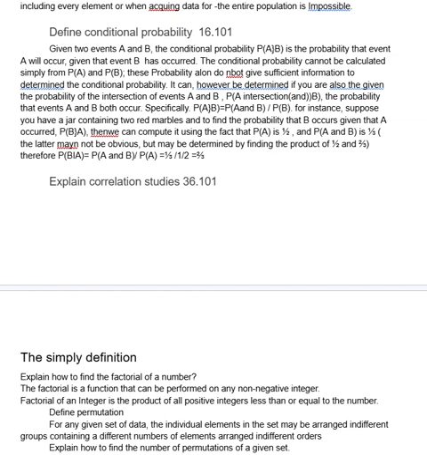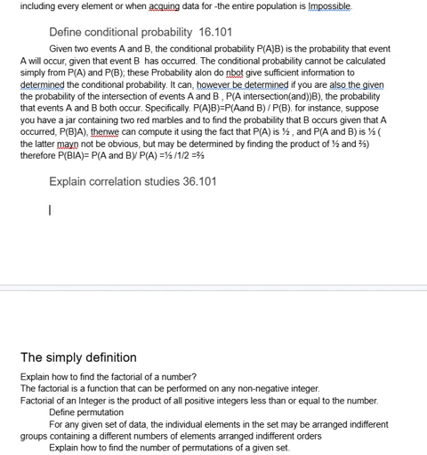The conditional probability cannot be calculated simply from P(A) and P(B). These probabilities alone do not give enough information to determine the conditional probability. It can, however, be determined if you are also given the probability of an intersection of events A and B, P(A and B), the probability that events A and B